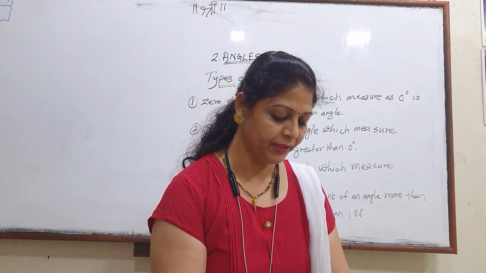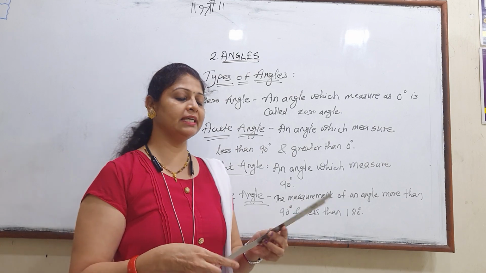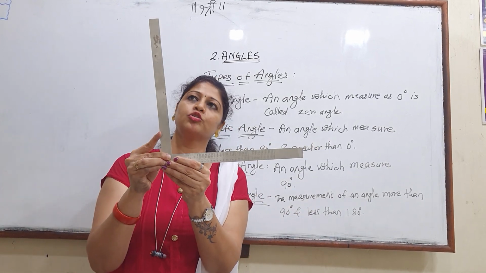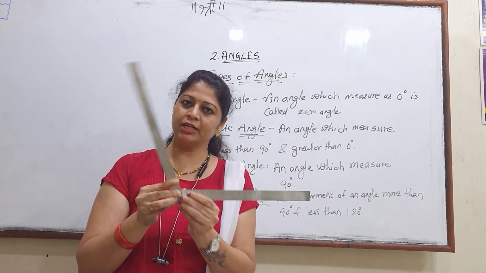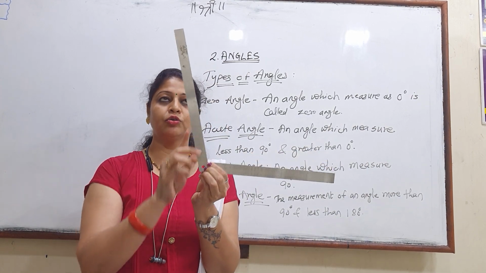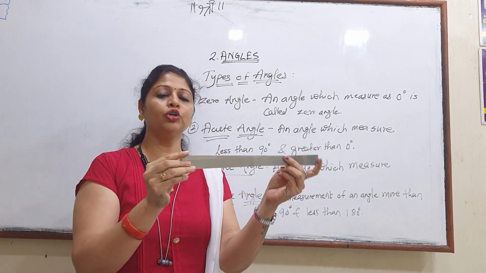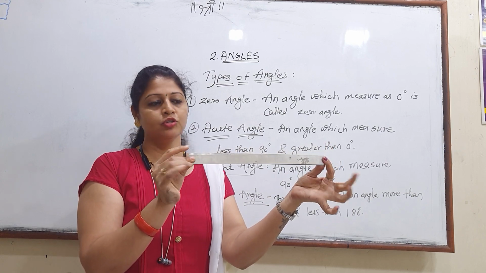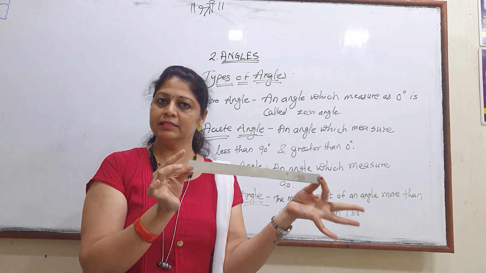Okay. Now see children, I use these two scales to show you the angles. First of all, see these two arms are there. These two arms, when we connect at this corner, this is the angle. See, different types of angles are there. Am I right? Okay. So understood the definition of angle: two rays connected at one corner, that figure is called angle. Now zero angle. These two arms lie one upon another, so this angle is called zero angle. Understand? This is zero angle.